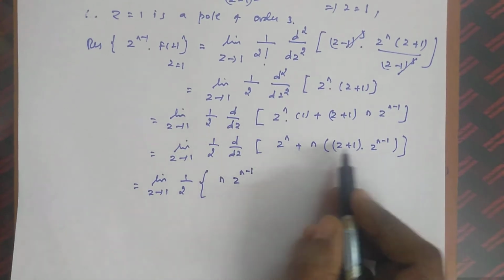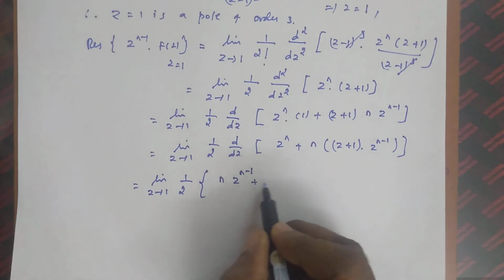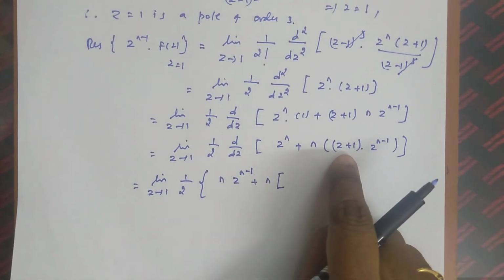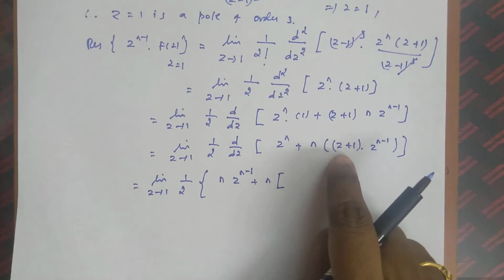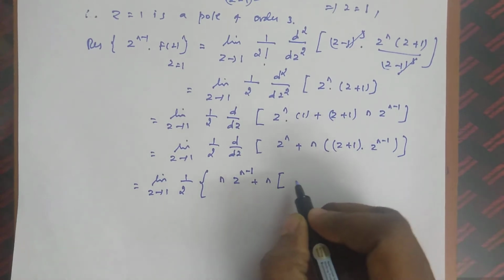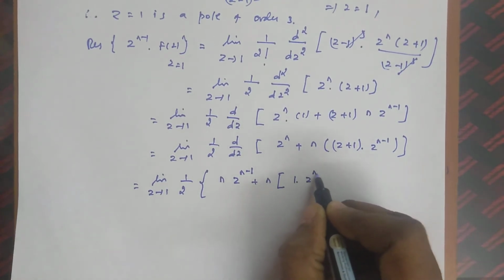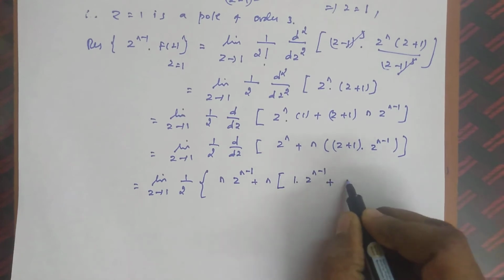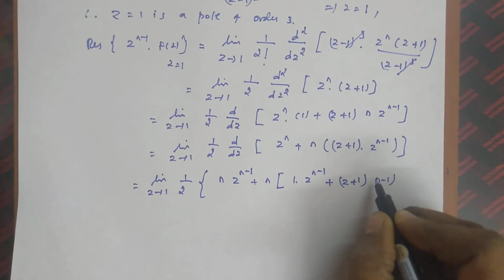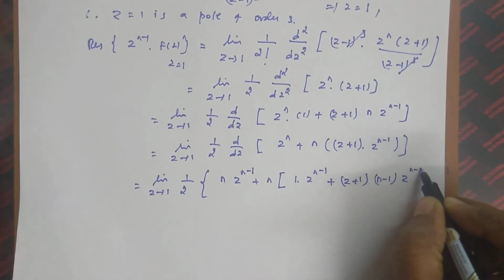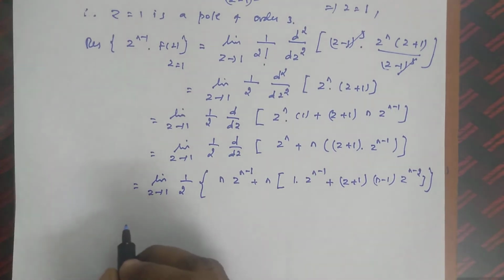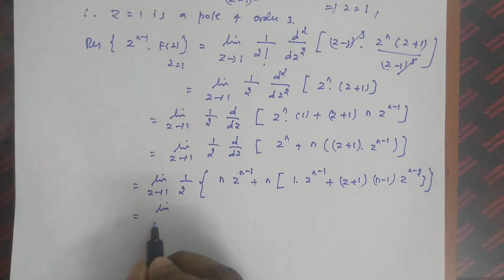Okay. Now for these two terms we have n commonly outside. So n into, now when you are differentiating this z plus 1, z differentiation is 1, for the 1 differentiation is 0. So we get 1 into z power n minus 1 plus z plus 1 into differentiation of this, so n minus 1 into z power n minus 2. This is the differentiation for the second term. Now both the times we have differentiated. So before applying the limit, we can arrange the terms.